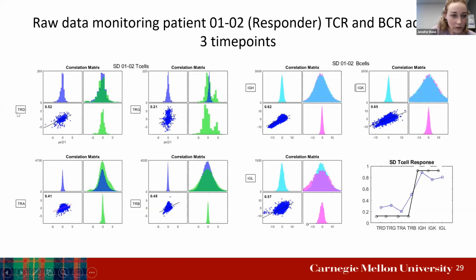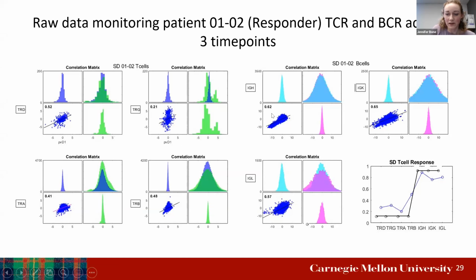If we look at the delta chain, you see this paint splattering, same thing for the alpha chain, same thing for the beta chain, maybe a little bit closer together, and same thing for the gamma chain. But when we look at the B cells, with the exception of this one here, they start to really